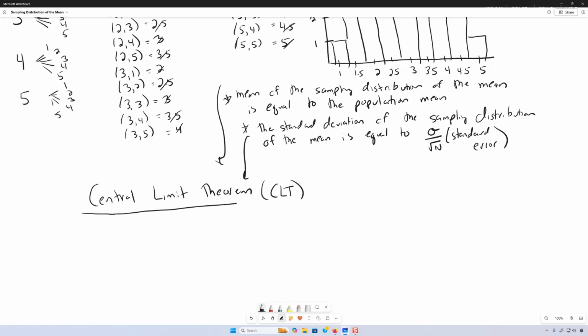The other part of the CLT would be if n is greater than or equal to 30, the sampling distribution of the mean is normal